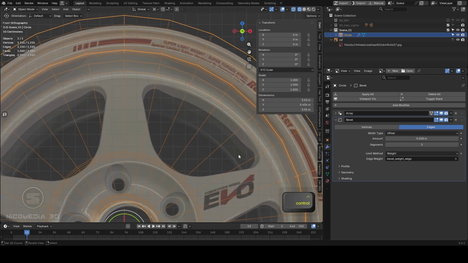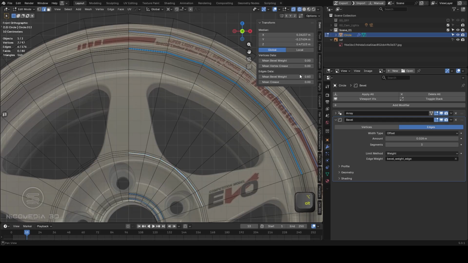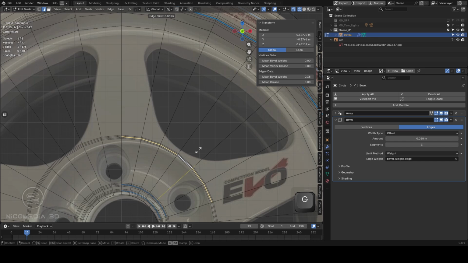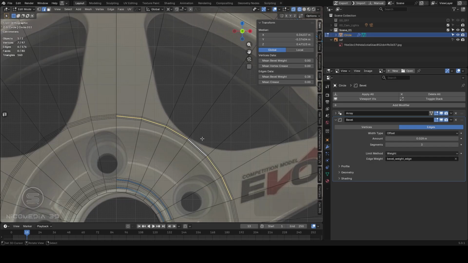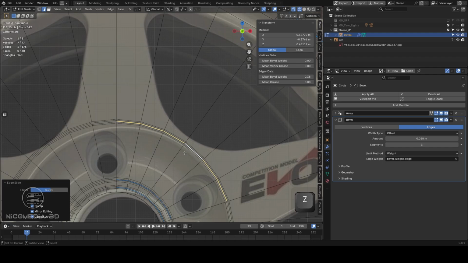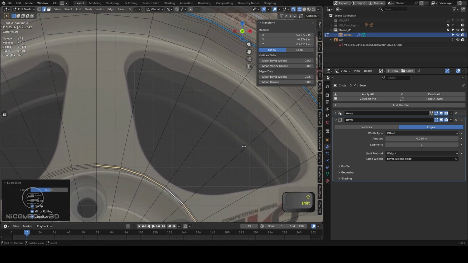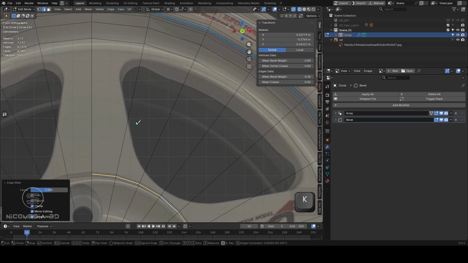Okay, now as you can see, there's kind of confusion. It's kind of blocking my hole, and that's why I just bring it slightly below. And this is the advantage of procedural beveling. Anyway, right now I just grab my knife and